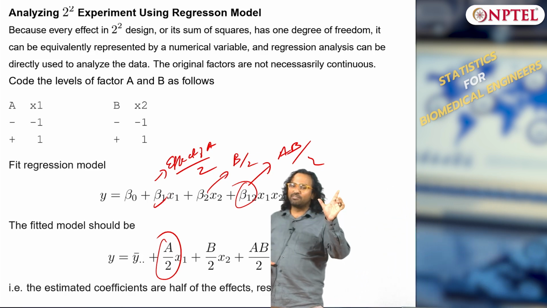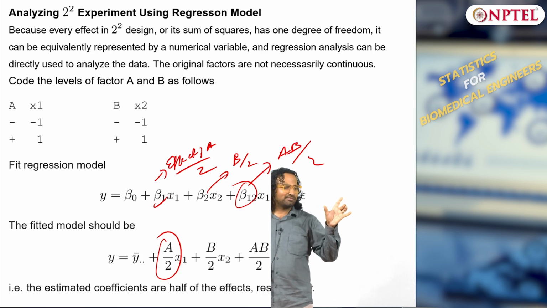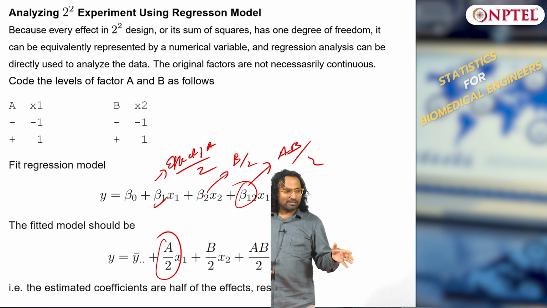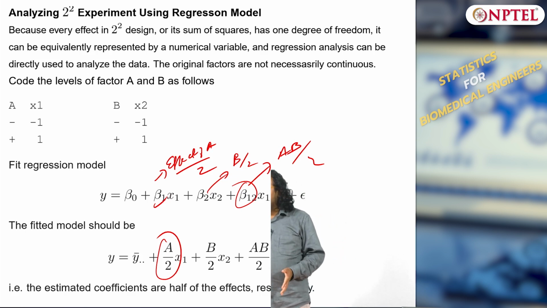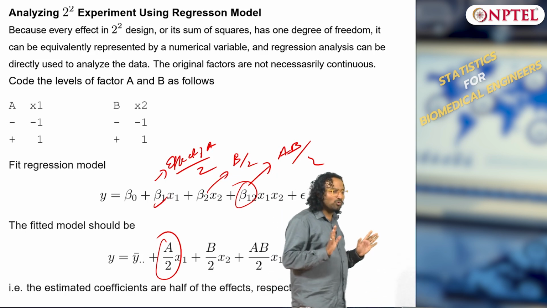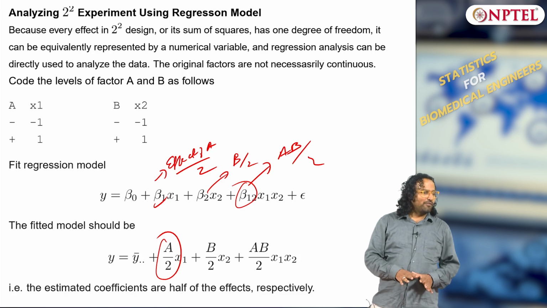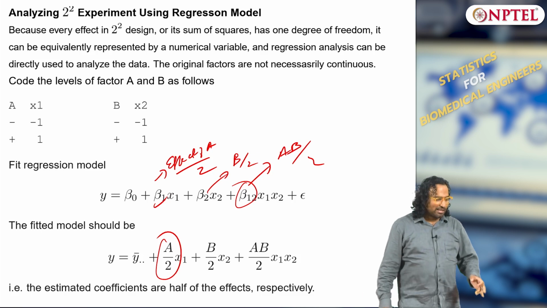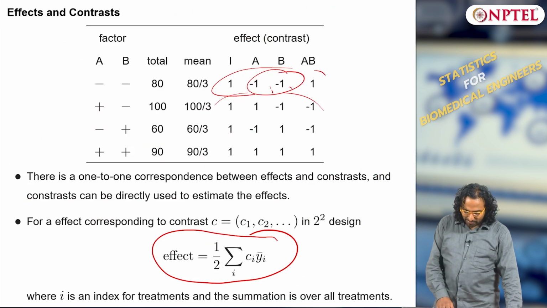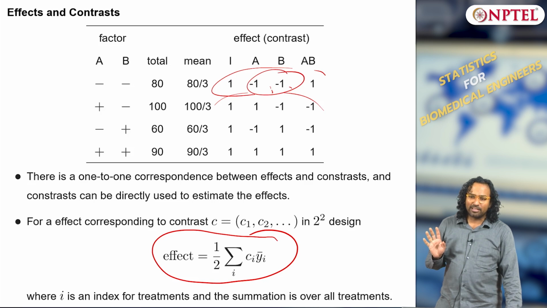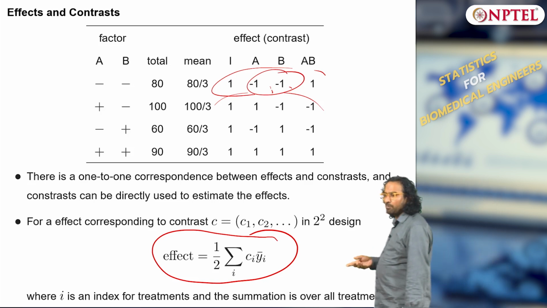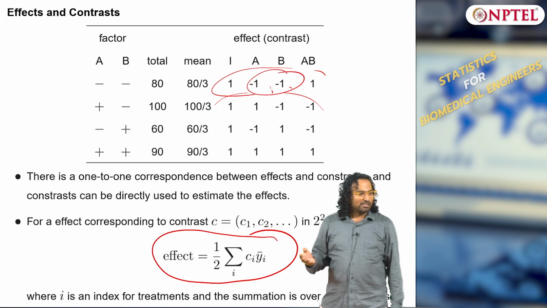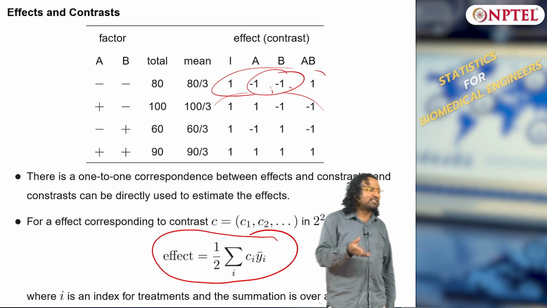So you do not need to worry about how to solve this linear regression; the estimates of coefficients are straightforward. The only equation of importance is the contrast equation. If you know the effect equation you have done everything, because once you know the effect, the sum square is nothing but effect squared divided by 4n, and your coefficients are effect divided by 2. This one equation determines your entire 2 power k experiment, and that is why 2 power k experiments are popular: you need fewer experiments and they are computationally very efficient, so you get the results in no time.